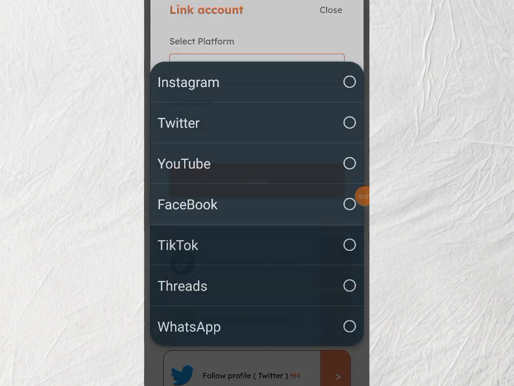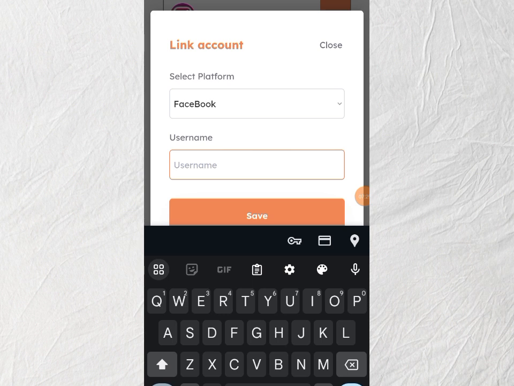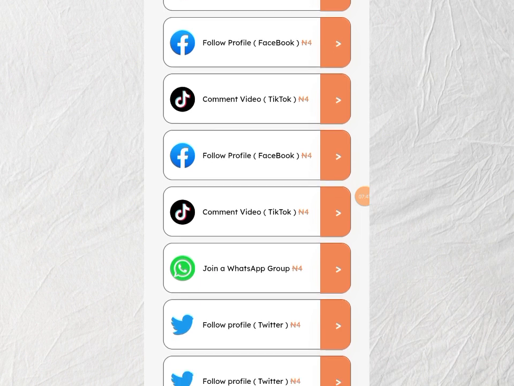You tap it and select Facebook, and you input your Facebook username right here and click on save. After that, you can start making money for yourself using your Facebook account. The same thing applies to TikTok, WhatsApp, Instagram, and Twitter on this platform.